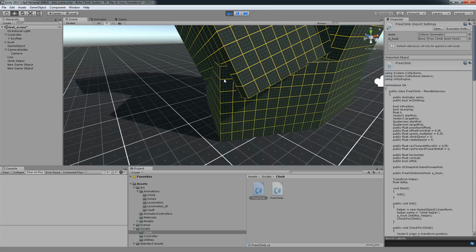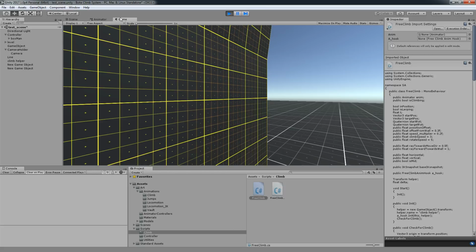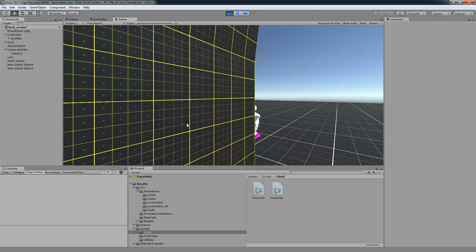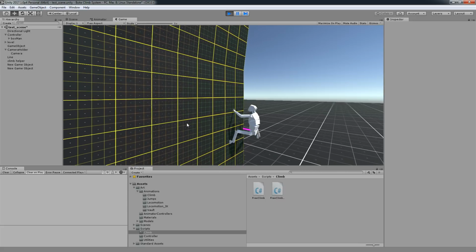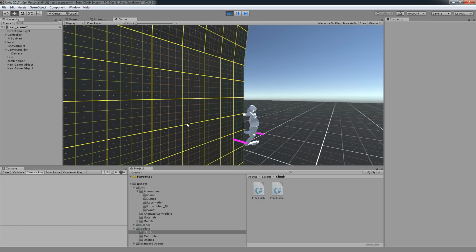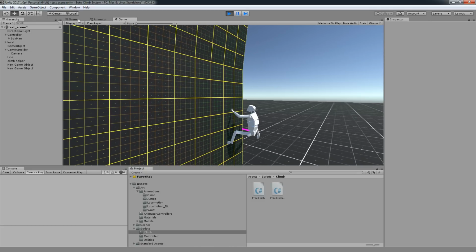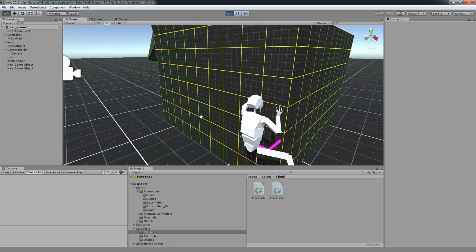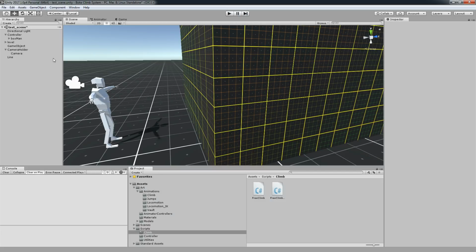Okay, and that allows us to go inside corners. Well, of course we can't see that. The fit, of course, needs a little bit of work. And actually, the biggest issue we have with the fit at this point is that when they don't find something, they revert back to the 0 position.